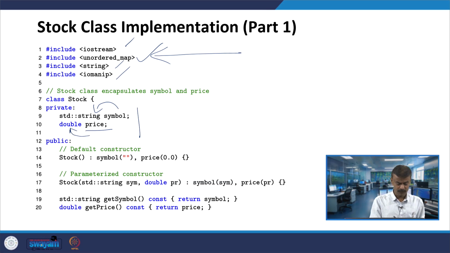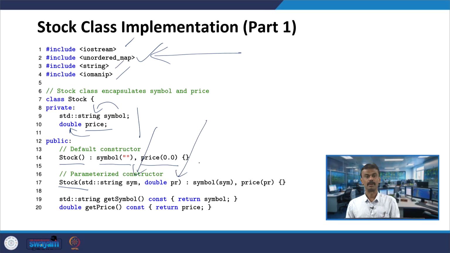You have the default constructor, in which symbol is initialized to a null character, the two double quotes, and price is initialized to 0.0. Then you have the parameterized constructor with symbol and PR, two parameters that you pass. SYM will be copied into symbol, and PR will be copied into price.